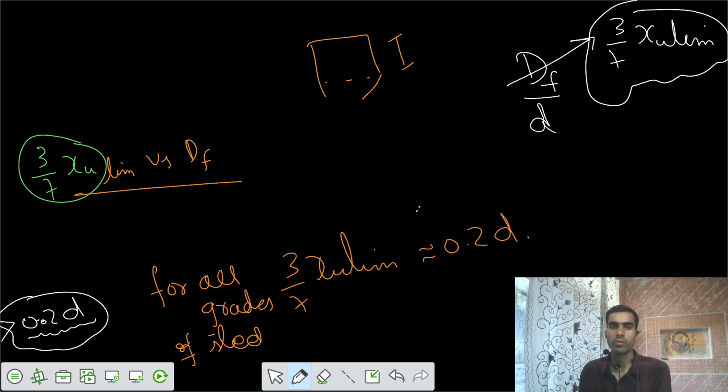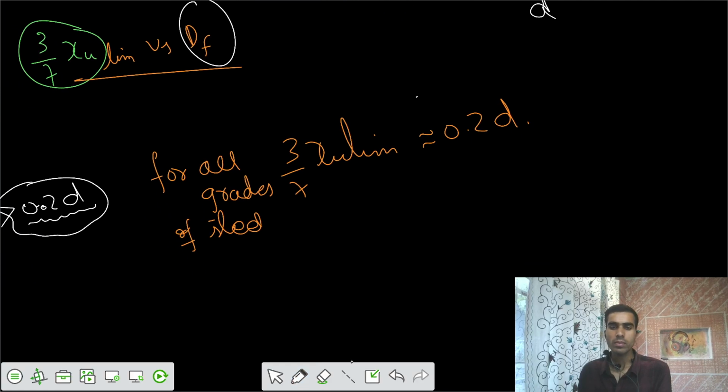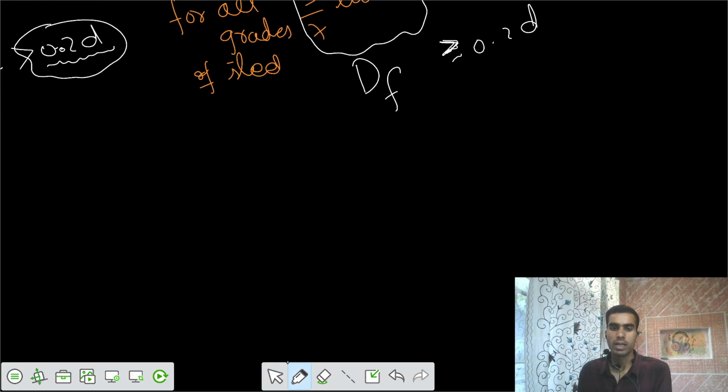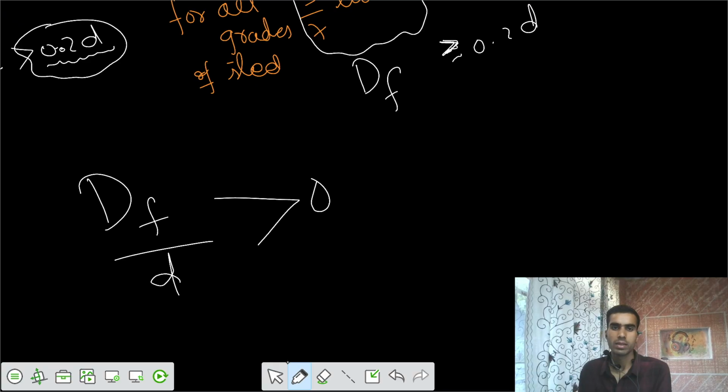If I substitute the value of dF as equal to 3/7 of XU limiting, that means this part is actually equal to dF, and that is almost equal to 0.2 D, or we can say it is greater than 0.2 D. So finally, for dF by D greater than 0.2 for all grades of steel,